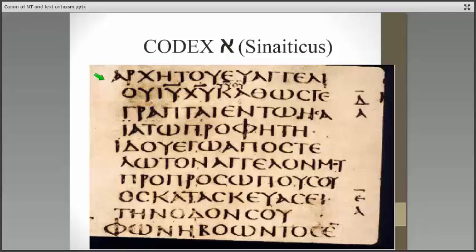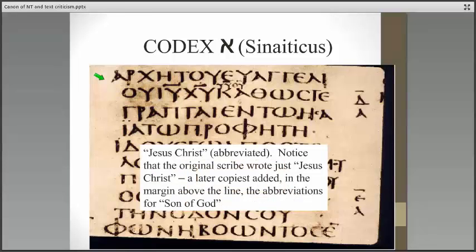So theologically, it would make sense that maybe just to keep the reader in suspense, Mark didn't tell you that Jesus Christ was Son of God at the very beginning. It's certainly possible. It's not crazy, right, in terms of Markan theology. But it's a crucial piece of information to know about Jesus Christ. So let's see what another manuscript says in the 4th century. And again, this is just the explanation. Jesus Christ and the Son of God is up here in the margin of the line. It's a later scribe. I think it's a different hand. Okay. Now, this is the